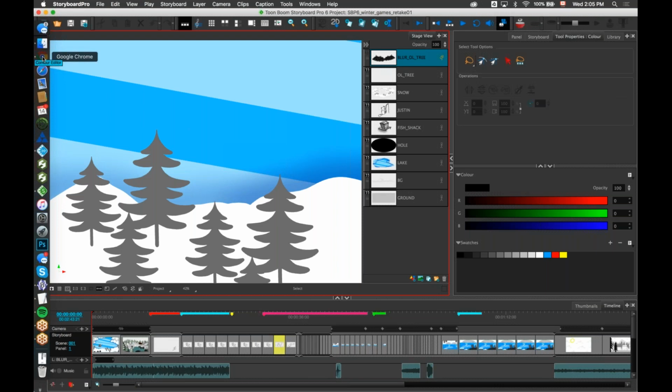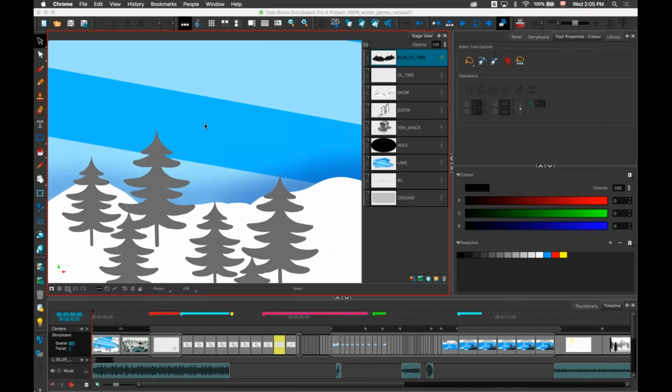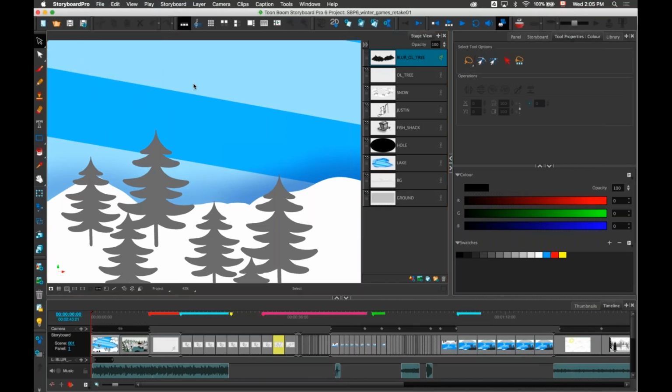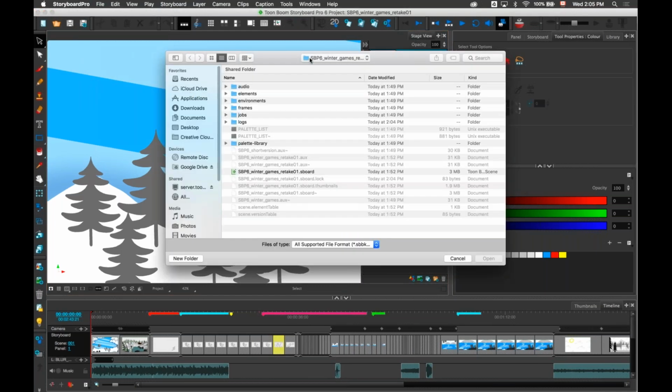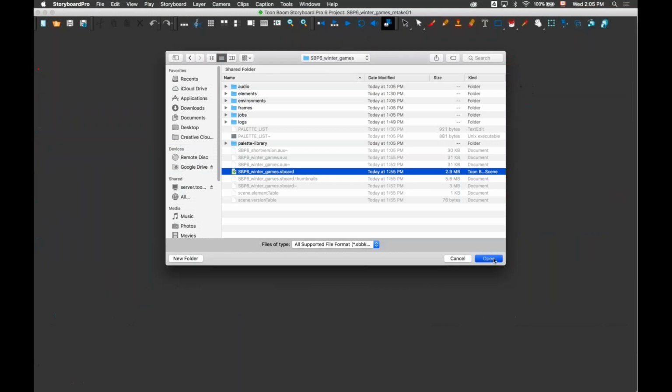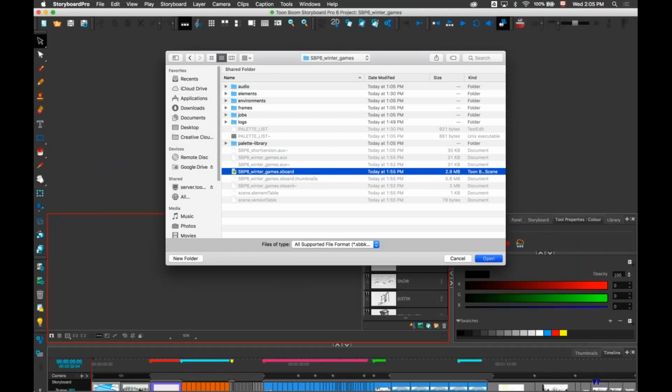So let me just hide this here like that. Okay, let's start. So the first feature that I'm going to show you is really the most interesting one, which is the possibility to import QuickTime movies or movies directly onto your project, into your timeline. I'm just going to open the proper project right here, not the retakes one.